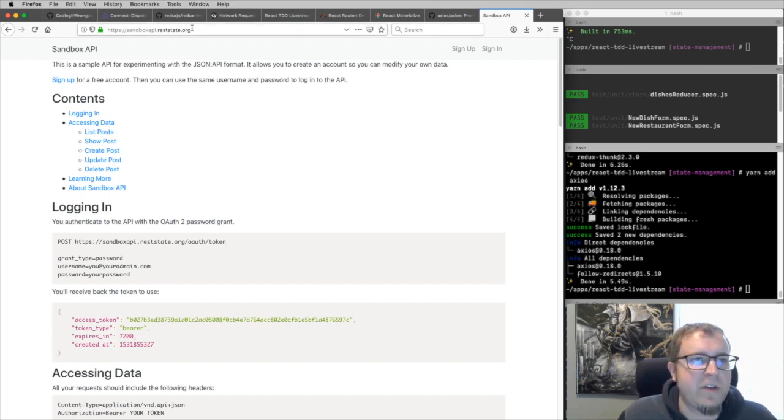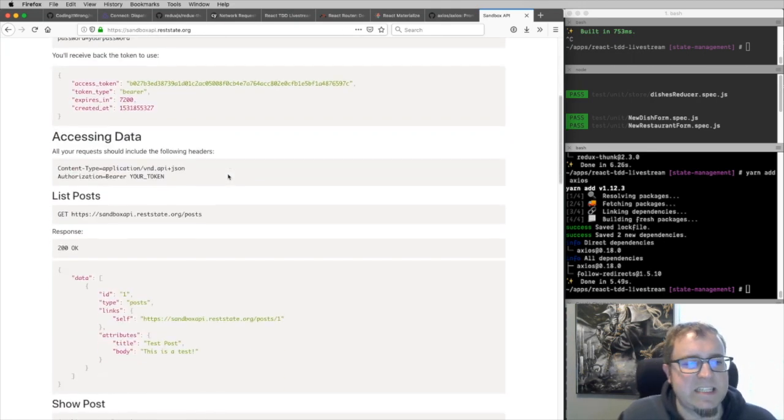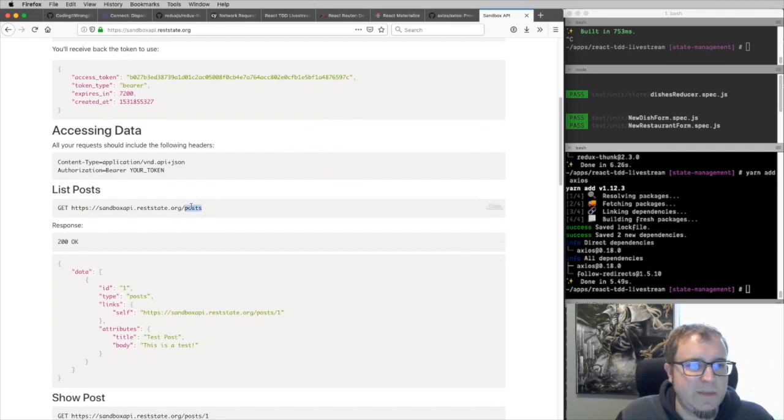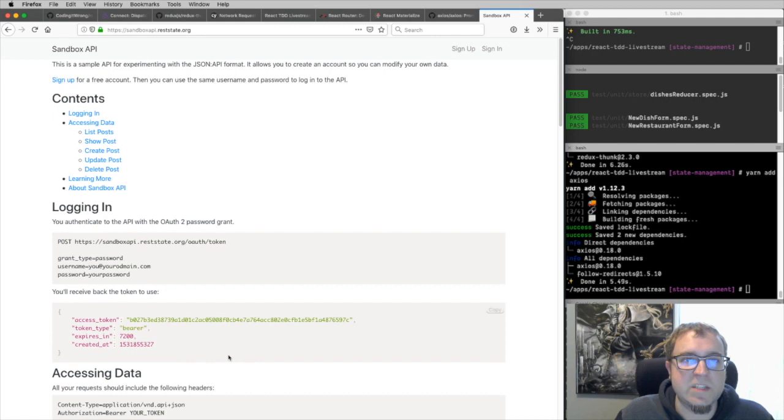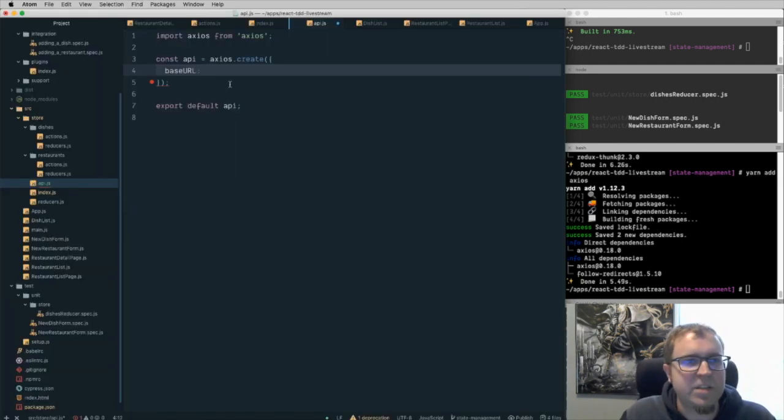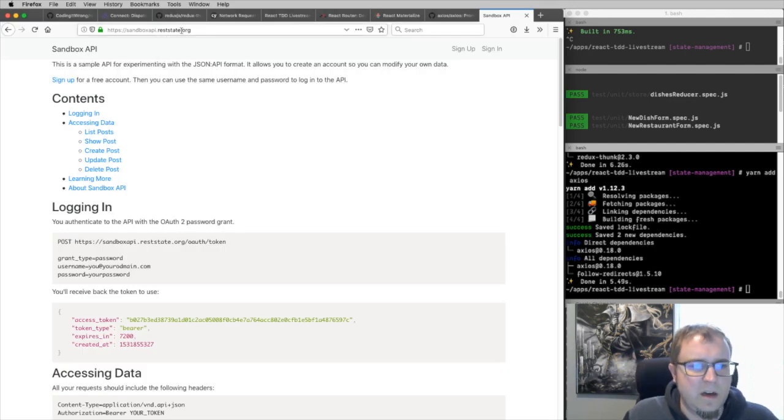And you can sign up and create an account on Sandbox API to get access to data, and it shows you what the data looks like. Give me all the posts, and it shows up there. I've added in restaurants and dish endpoints as well because I use this for these tutorials, so that's going to be useful. So we're going to have a base URL of